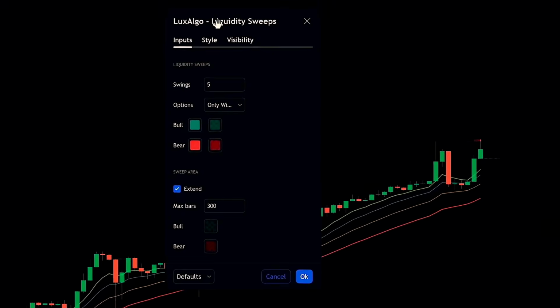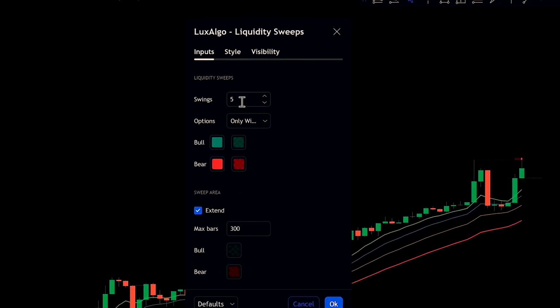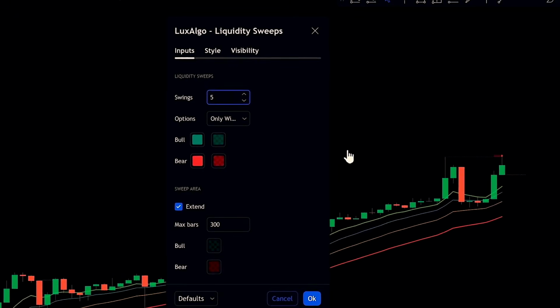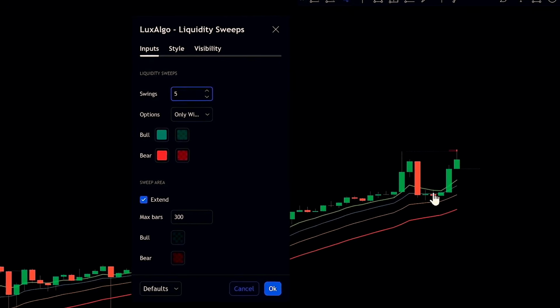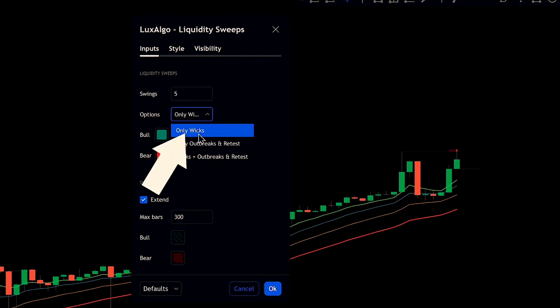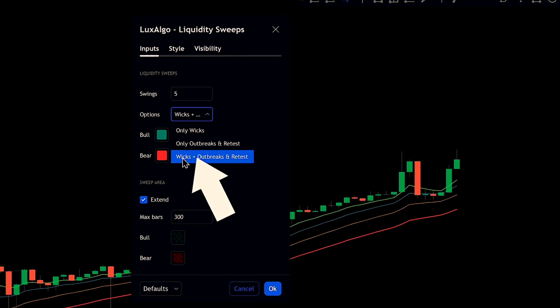The indicator offers various customization options. One key setting is swings, which controls how many candles must pass before a liquidity level is considered swept. For example, if a liquidity level is taken out just 3 candles after it forms, the indicator won't mark it as valid. There's also an only wicks setting, which ensures that a sweep happens only if price hits a liquidity level with a wick. Another option lets you require a break and retest before confirming a sweep, adding an extra